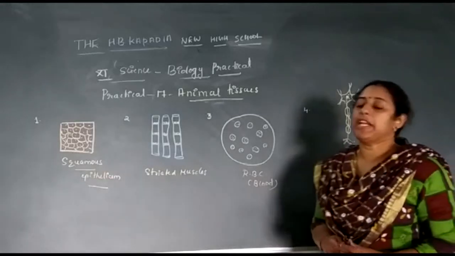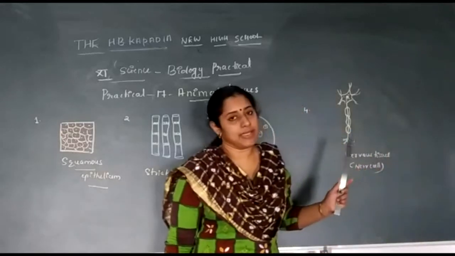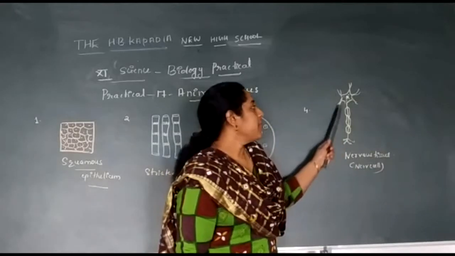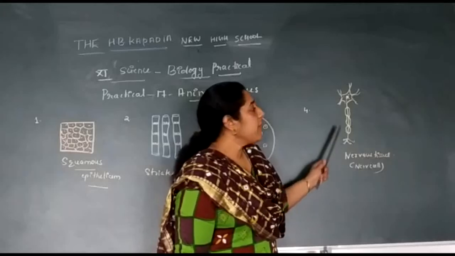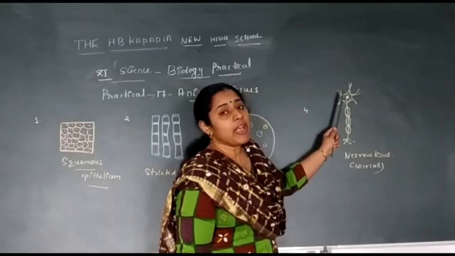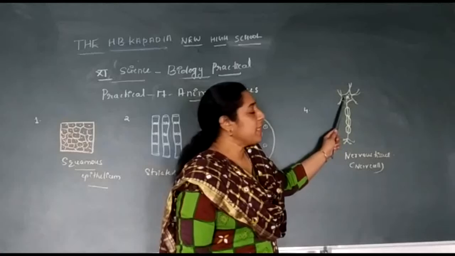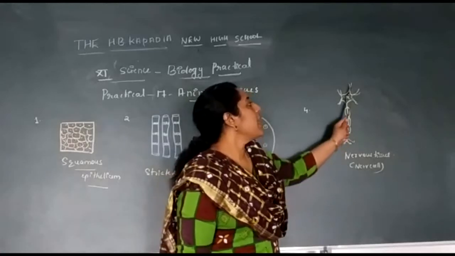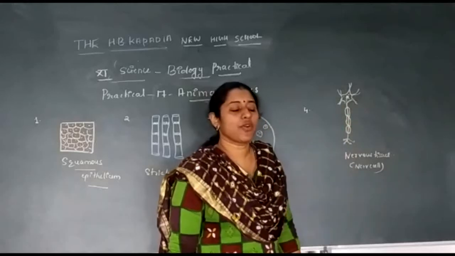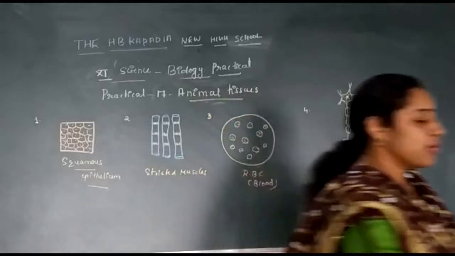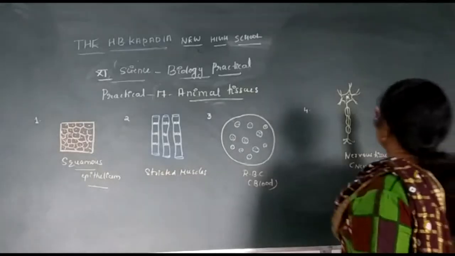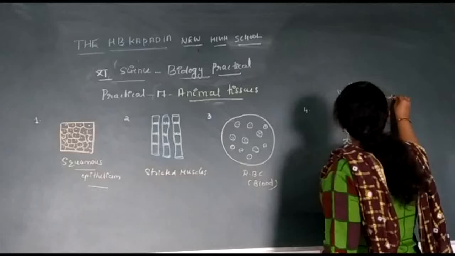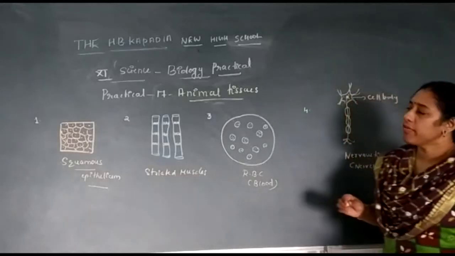Nervous tissue is mainly made up of a number of nerve cells. So this is the diagrammatic representation of a nerve cell. The nerve cell is elongated, having a cell body. Within the cell body there is a nucleus and then there is a long extension called axon and a small extension called dendron. This is the cell body, because it consists of the nucleus.